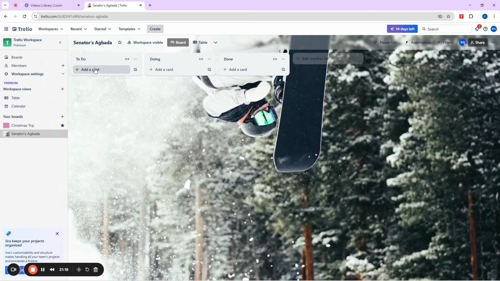Okay. So what are the things that I need to do here? I'll come here to be adding them one by one. So I can click on this add and I'll type: Buy Agbada material. And I'll hit enter. I can still come again and put: Buy 7 different colors of thread, because of course some of them are going to say we need it in a different style. Then here I can buy sewing machine oil.